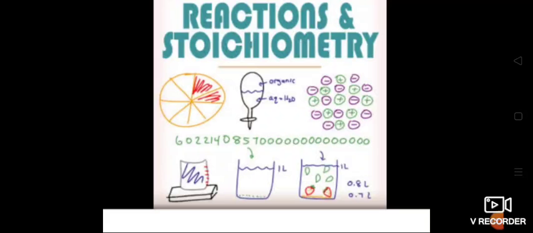That means the amount of reactants and the amount of products. So it tells us how much of each reactant is required. For making one product we use different types of reactants. So it tells us how much of each reactant is required to obtain the desired amount of product.